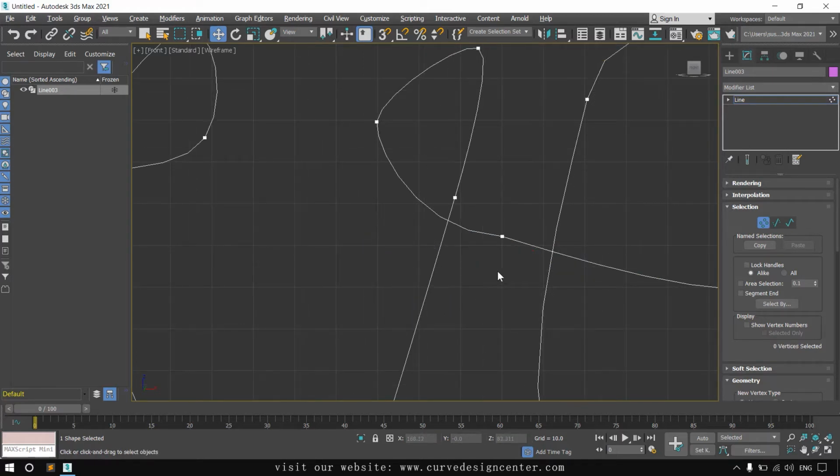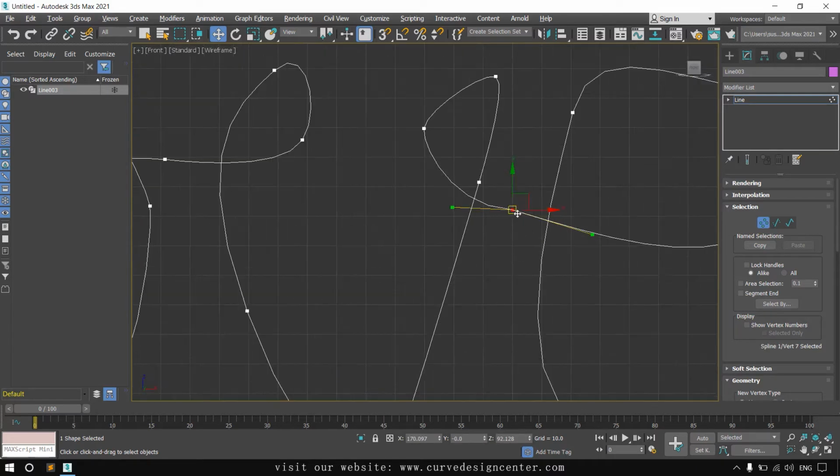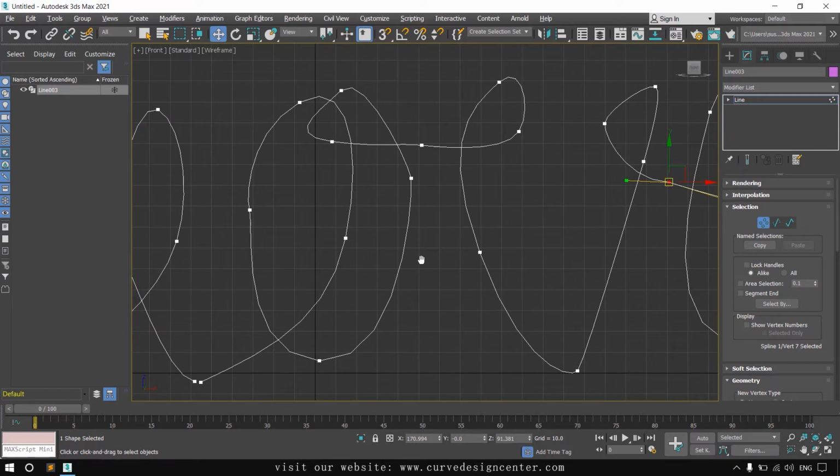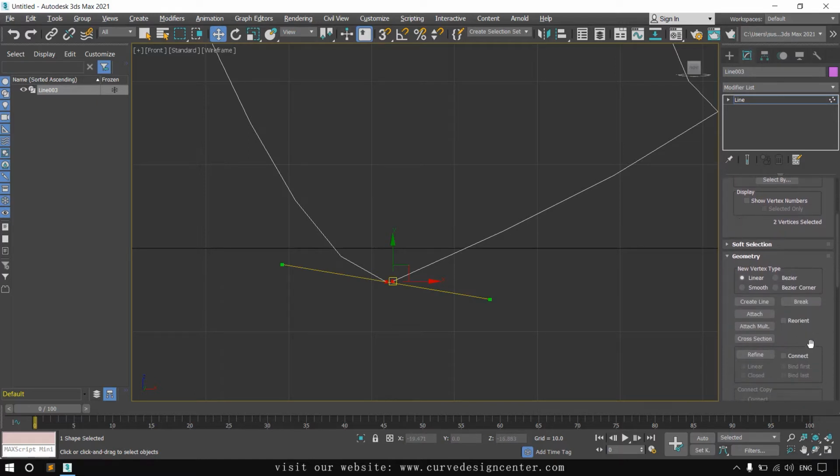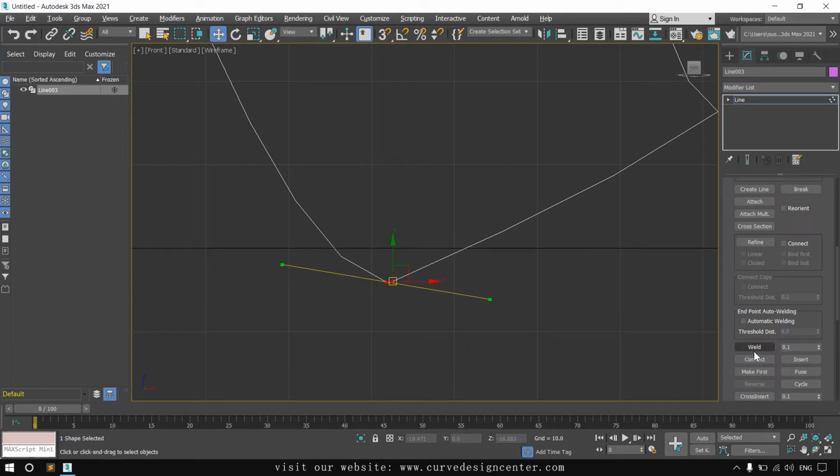By using the fuse and weld tools, you can make a single shape like this, and we also weld the second part. You can also try a second method. First select one vertex and move it near the other manually like this. Select both vertices. Search for the weld tool in the control panel. So there is the weld tool and its threshold value. It should be bigger than the distance between two vertices. I increase it a little bit and then press weld. So these vertices are united. You can try both methods.